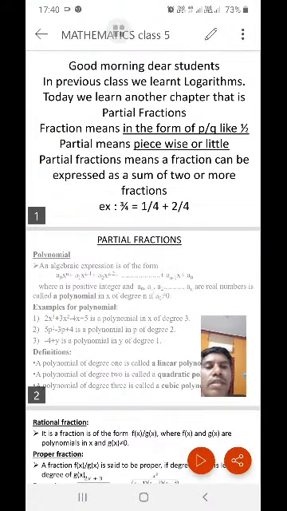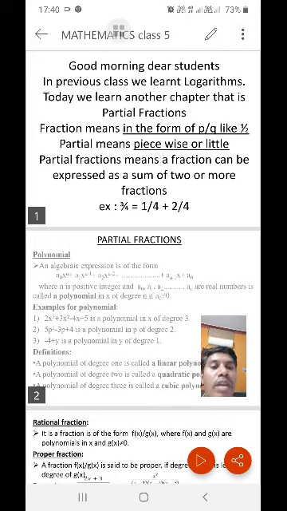So, fraction, you already know. For example, 1 by 2 is a fraction, and partial fraction means a fraction can be expressed as two or more fractions. That is called partial fraction. For example, 3 by 4 equals 1 by 4 plus 2 by 4. So here we discuss not only numbers, we discuss the fractions